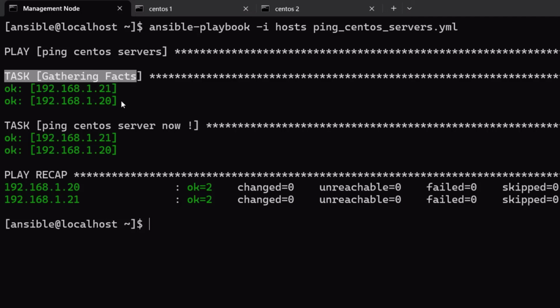Now in production, if you are not really using this information, it is better that you disable gathering facts, because unnecessarily it is going to run on all the target hosts and spend extra time running this task and gathering all the information, which is not really relevant to the playbook. Now what we will do is we have